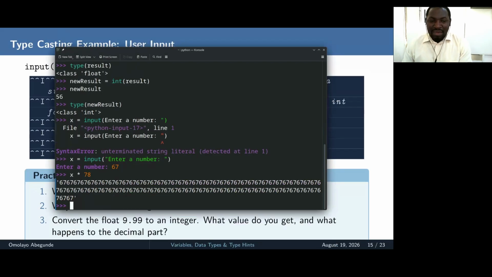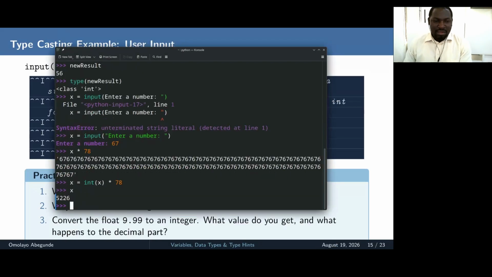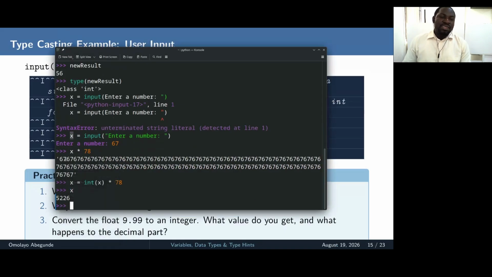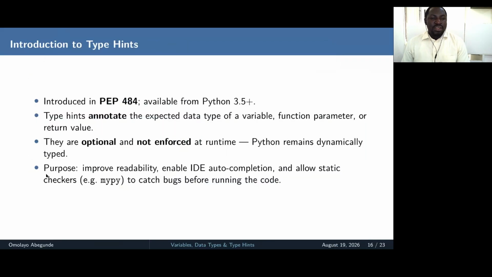But for instance, let's first cast our x. Let's go to int of x multiply by 78. Can you see? What happened here is that you are seeing this thing as a string. Understand? So it multiplies 67, 78 times. So we have 67 in 78 times here. But here now we have converted it from string. Anything you are getting from input, you have to convert to the actual type. Then we have